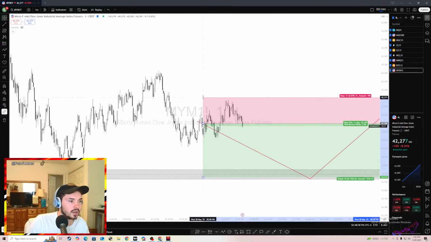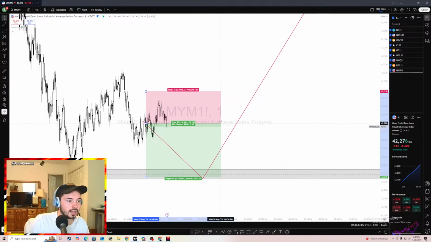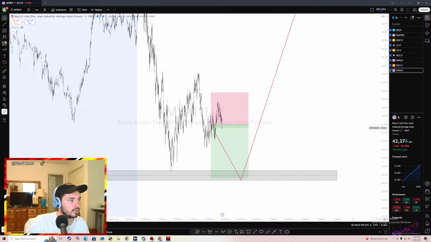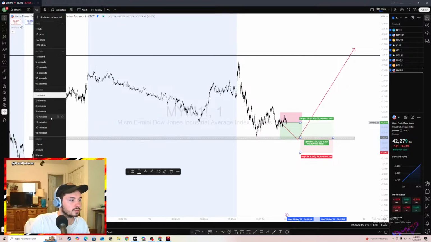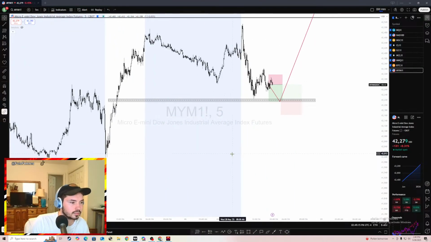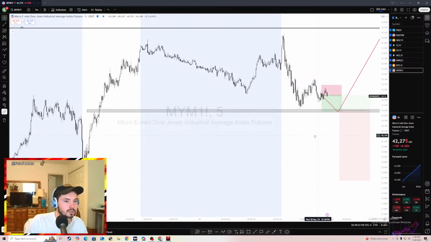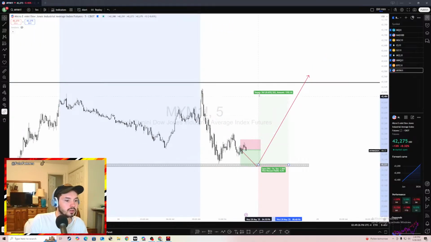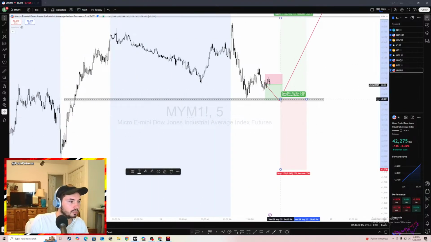Or I could play it safer. I want to target from right here and target downwards. Still 1-to-1.6. All right, and then I'm going to take a 5-minute trade from down here. It might even not respect this point, okay? But I could take a 5-minute trade from down here, put my stop loss down here, and then target up to this point for a 1-to-1 if you wanted to trade it like that. Or you could play it safer, add a contract so your average comes down to this point each time it comes down to here, and then trade it up to this point as well.